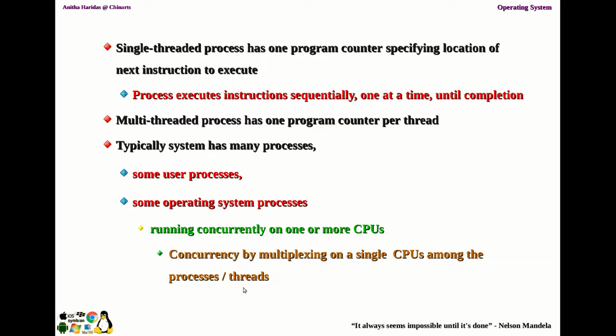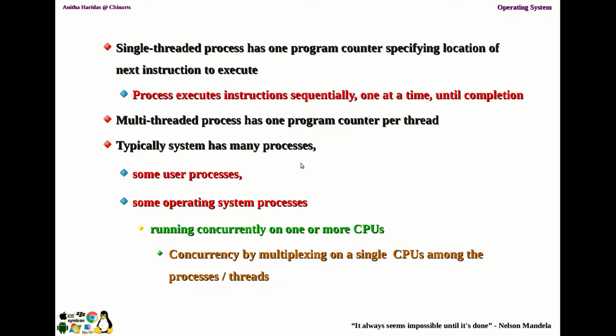So if you have only one CPU, how will the concurrency be handled? For that we have many CPU scheduling algorithms available. Based on any of these algorithms, the processor manager will decide which process will be using the CPU at a particular time T1.